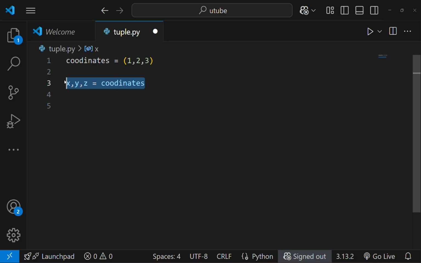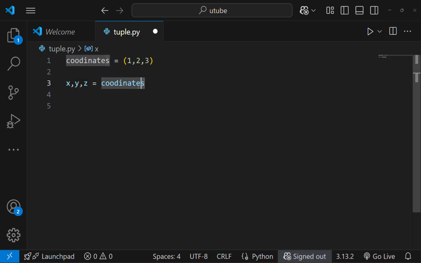When the Python interpreter sees this statement, it will get the first item in our tuple and assign it to the x variable.